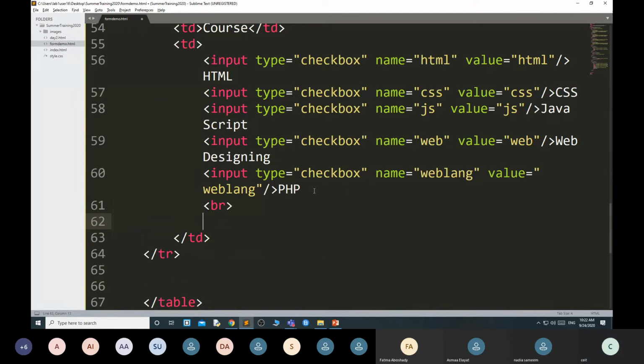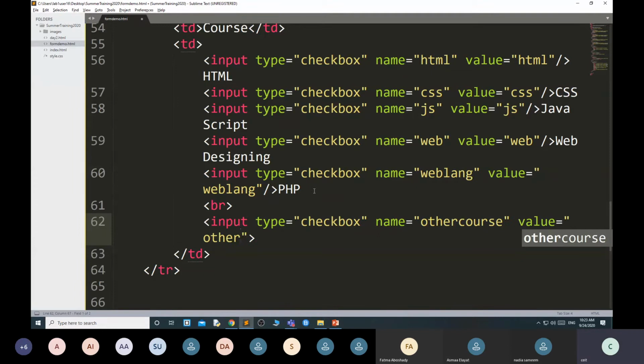Then input type checkbox, name other course, value other. Then for that value, it should say others.